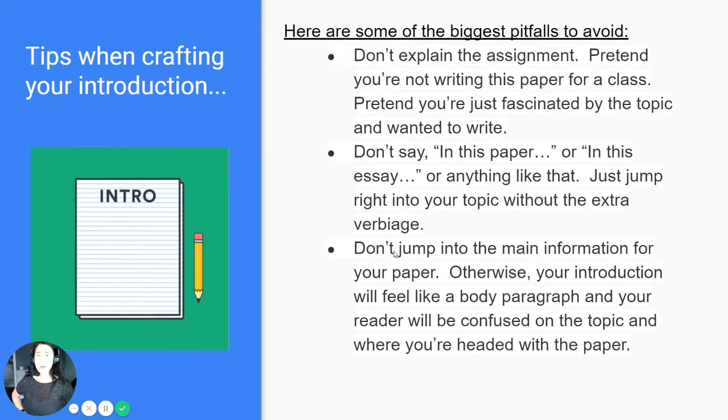And then the last pitfall to avoid: don't jump into the main information of your paper. Meaning, don't start talking about the stuff that you would talk about in your body paragraphs in the introduction, because it ruins it for me. Because then it's kind of like, oh, now you're talking about the meat of your paper, but the meat of your paper is supposed to be in the body paragraphs. The point of the introduction is to hook me and then also to tell me what the purpose of the rest of the paper is,